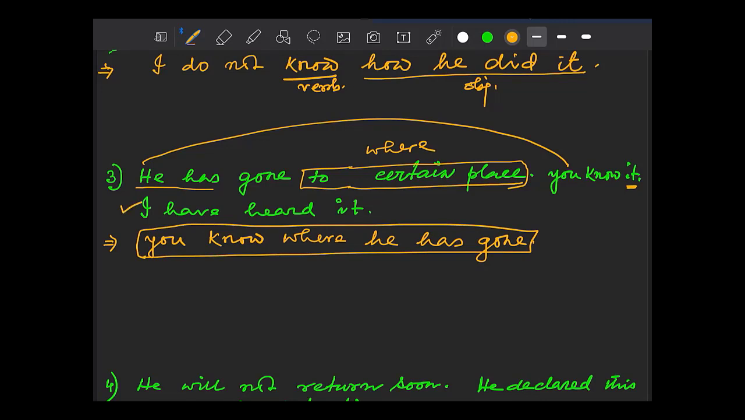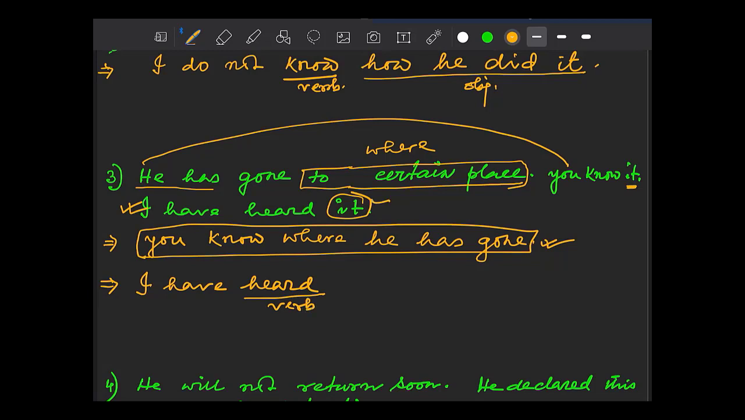Still another sentence is there, that I have heard it. It means this sentence. You know where he has gone. So in place of it, I will use this sentence. So the combined form is I have heard. So this is the verb,